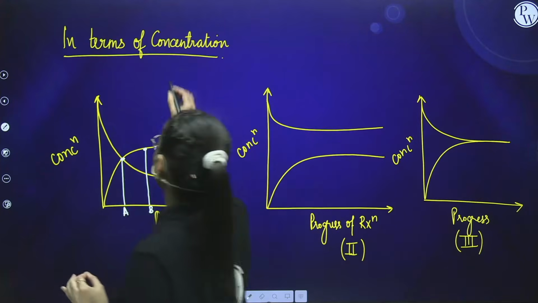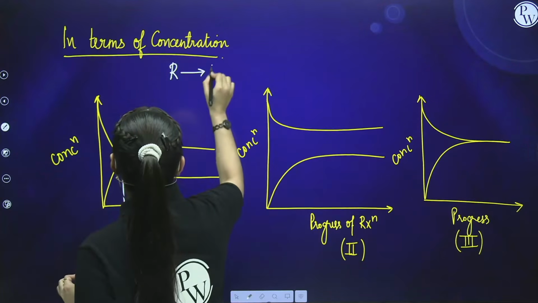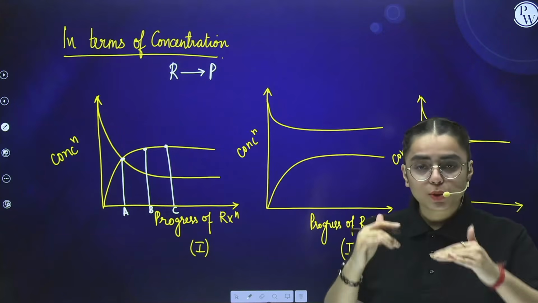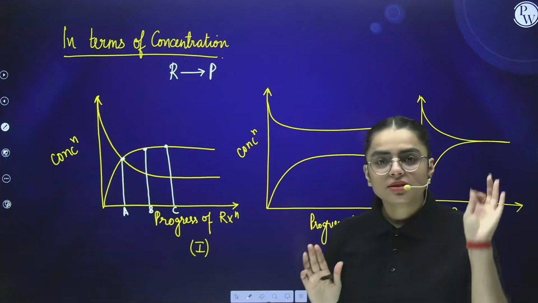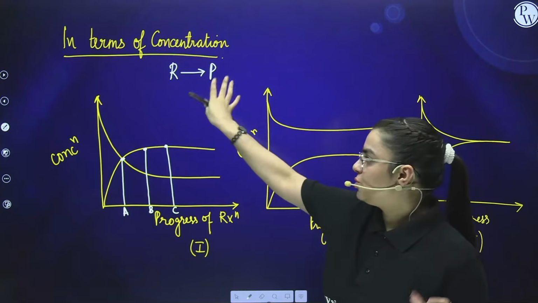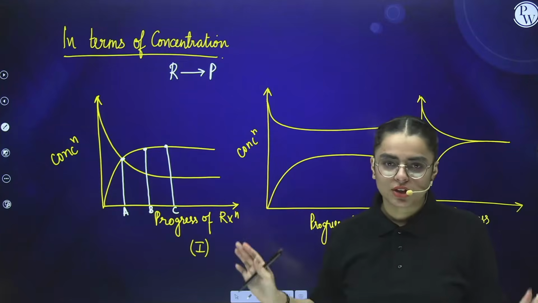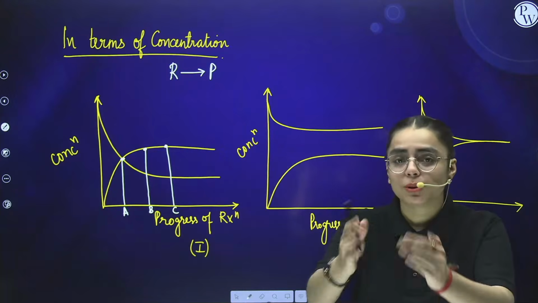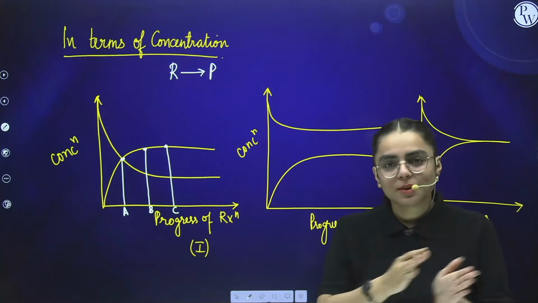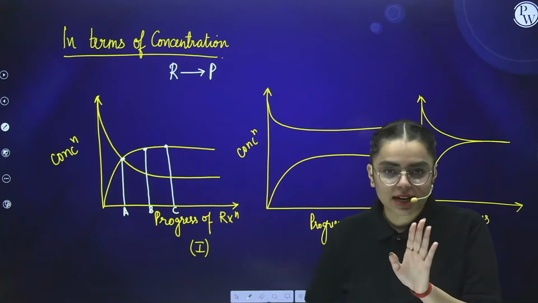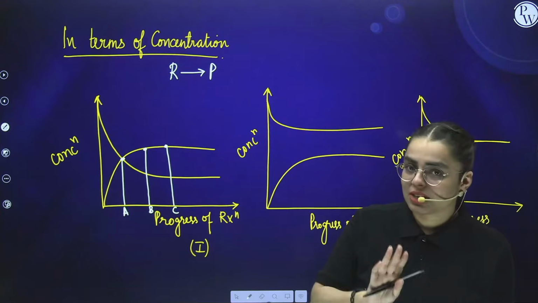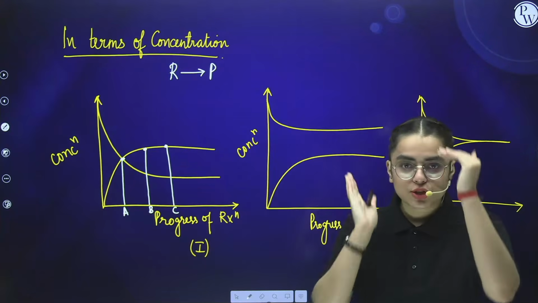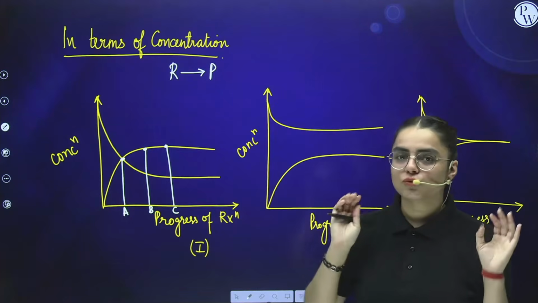See, we know that reactants get converted into products. So what happens over here? Reactants get consumed and products are being formed, right? This is the very basic thing that we can see in any reaction. What happens in a reaction? Reactants are consumed and the products are being formed. That means the concentration of reactant keeps on decreasing to make the product. Initially there was a reactant, but after reacting it decreased and the product increased. The concentration of the reactant decreased while the concentration of the product increased.